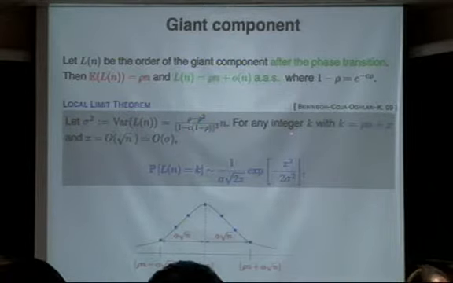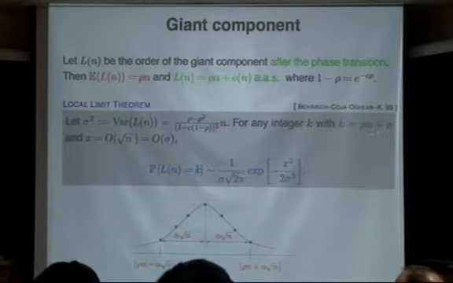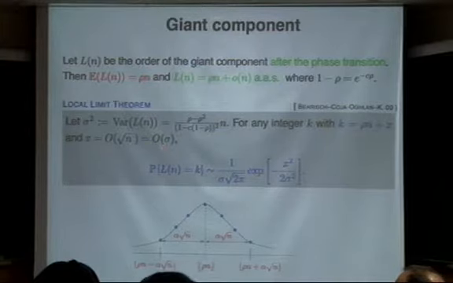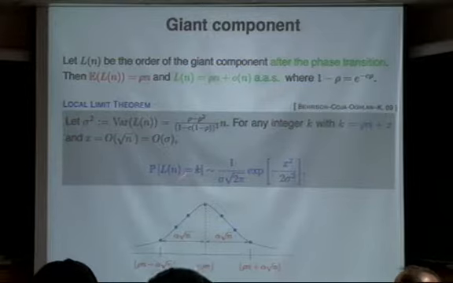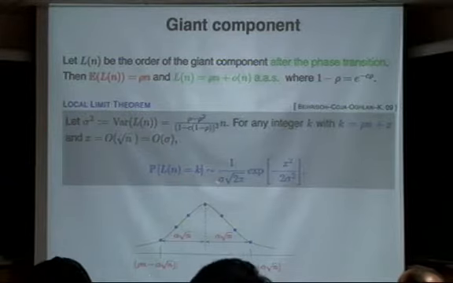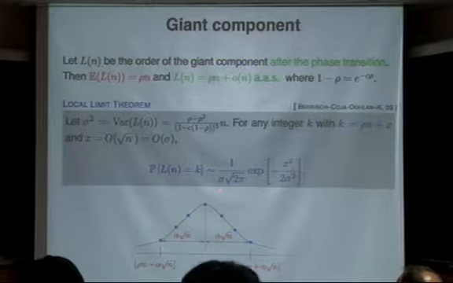Then for any integer k of the form expectation of L plus a perturbation which is big O of the standard deviation, so the square root of n, the probability that the order of the giant hits exactly the integer k converges to the Gaussian probability density with the mean